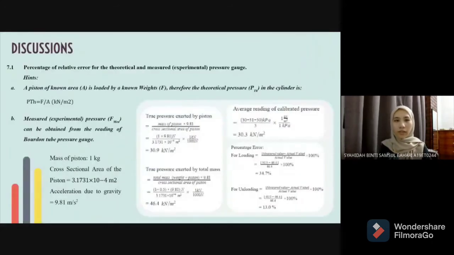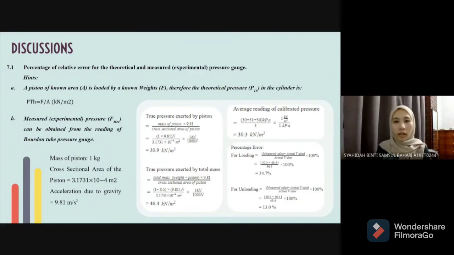Okay, next for the discussion. First, the percentage of relative error for the theoretical and measured experimental pressure gauge. For the method of calculation, first, the mass of piston given is 1 kilogram, and the cross-sectional area of the piston is 3.1731 times 10 to the power of 4 meters squared, and the acceleration due to gravity is 9.81 meter per